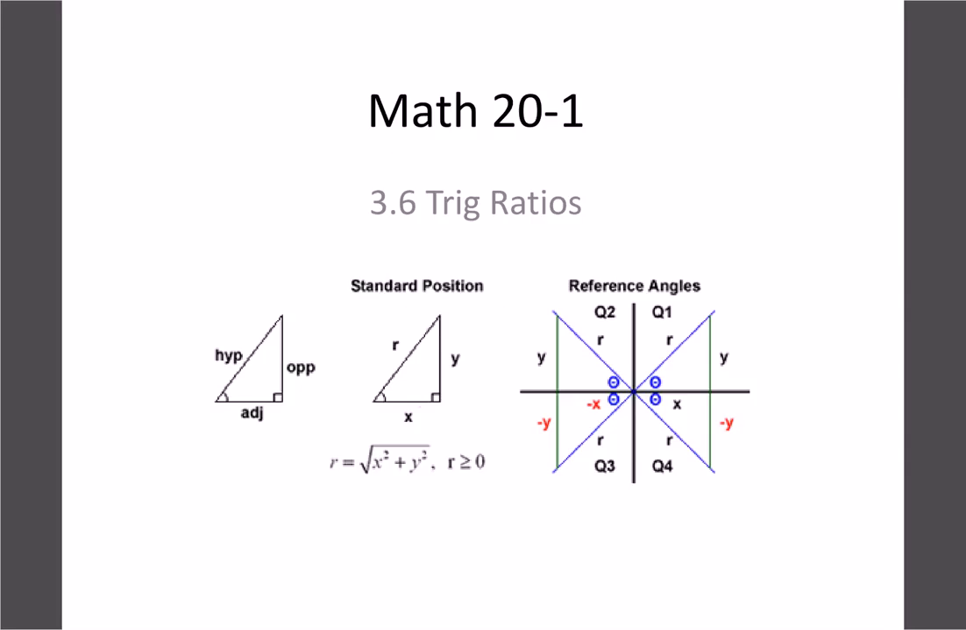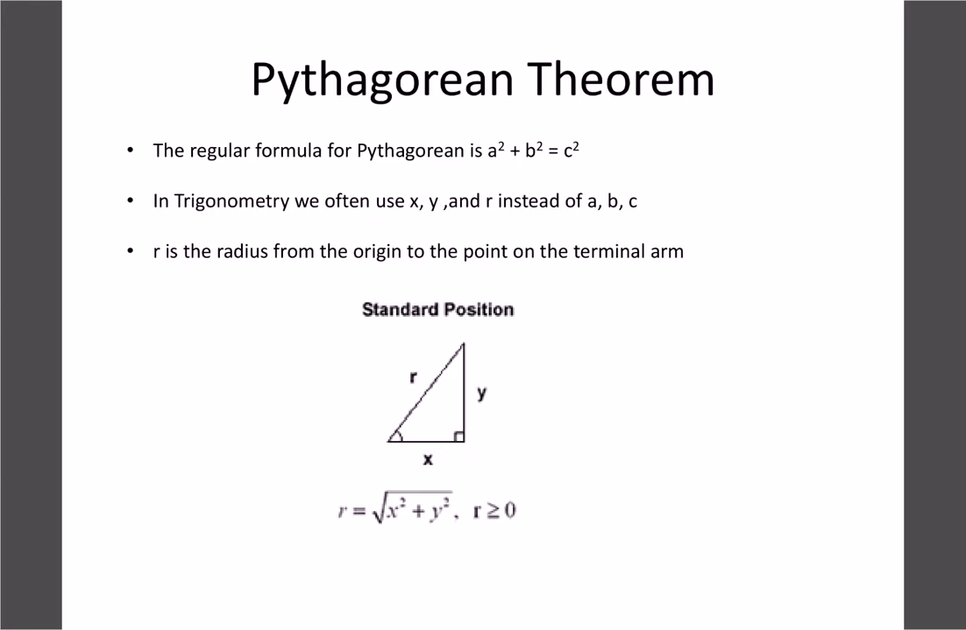Alright, today's lesson we're going to continue with our angles in different locations, and we're going to relate this to our three trig ratios, our sine, cos, and tan. So what we're going to start with is we're going to see how Pythagorean Theorem relates to different coordinates and different angles. So we know from before our regular Pythagorean Theorem formula, a squared plus b squared equals c squared. Typically what we're going to do is relabel these and use x, y, and r